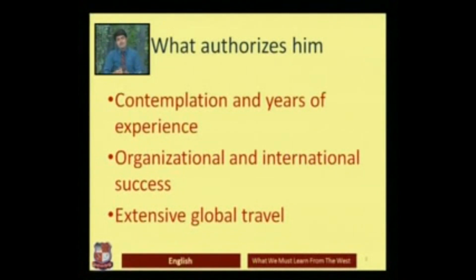So you can see that Narayan Murthy introduces this section by saying that he comes from a company which is based on values, and therefore his organizational success has something to do with the larger model of our country or of our society. And extensive global travel. It's not only the travel in the country, which of course he has done extensively, but it is also extensive global travel. And before we begin, let me also tell you that